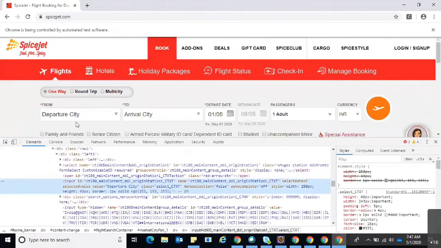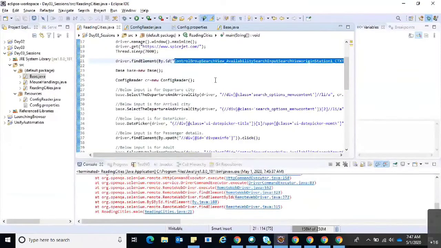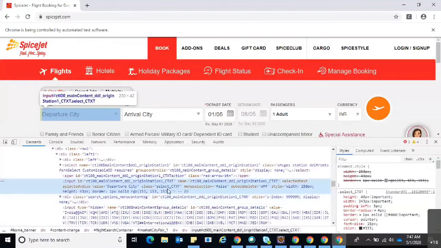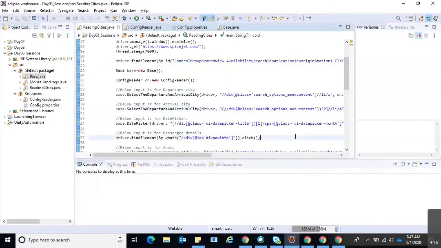So sometimes it was like the input ID is this, and we just changed all those things, and again it is reverted to the previous one. Let's rerun this and see.